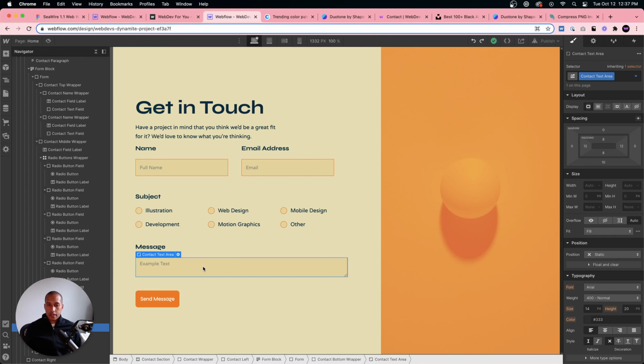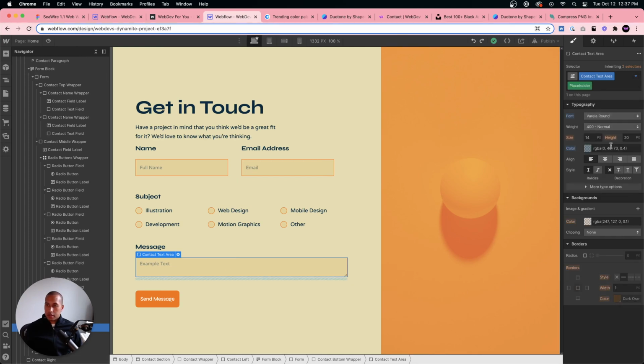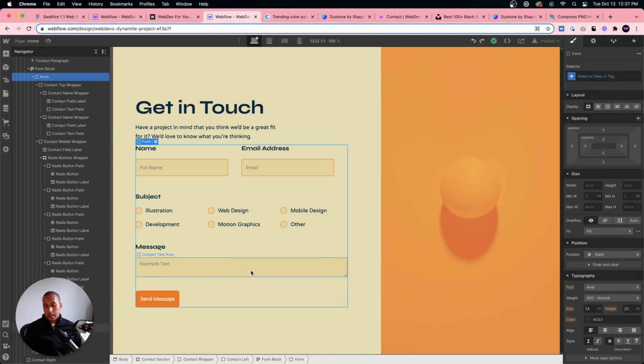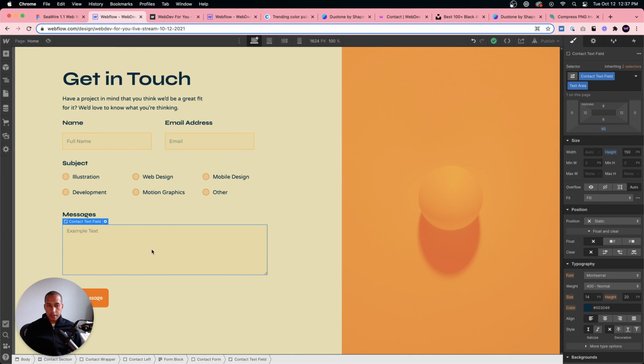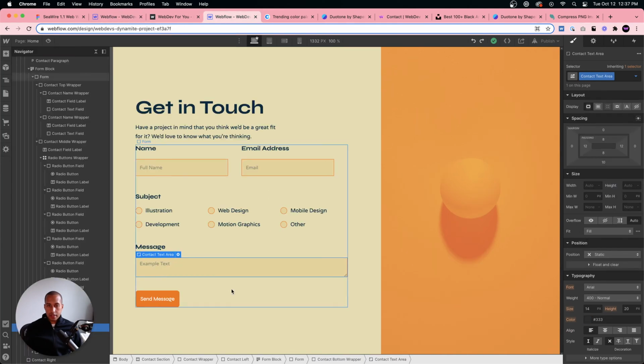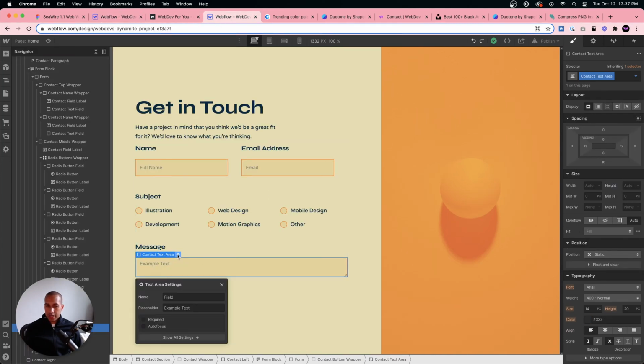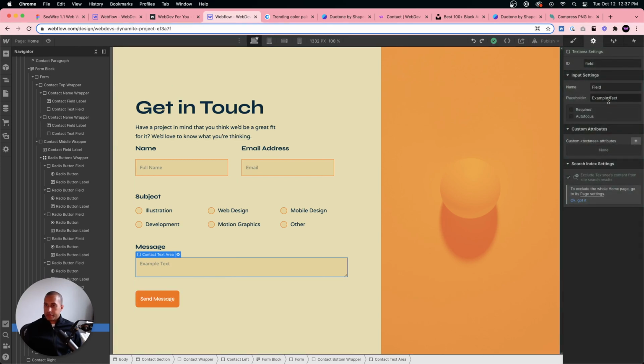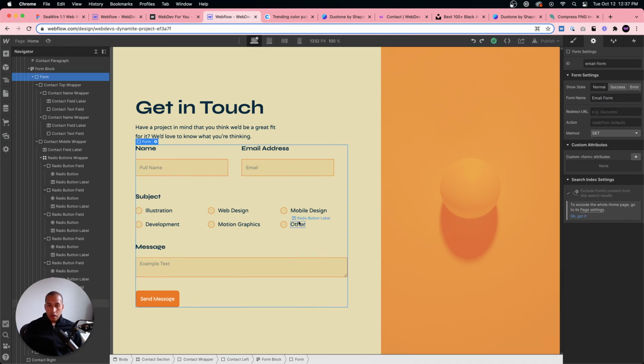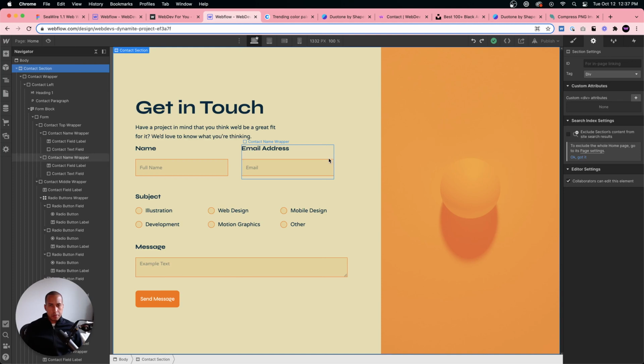Oh, I guess text areas, you can't. Okay, so text areas will look like this, I guess. Because on this one I used a text field, and that's why I was able to resize it. But text areas doesn't look like you can resize it. Show all settings. Yeah, okay. All right, cool. So yeah, I think we're pretty much done.